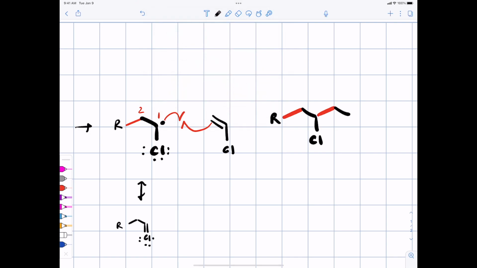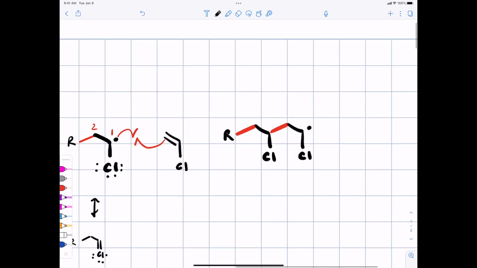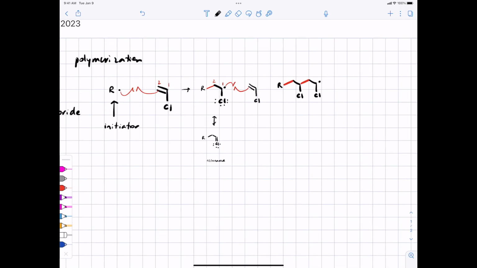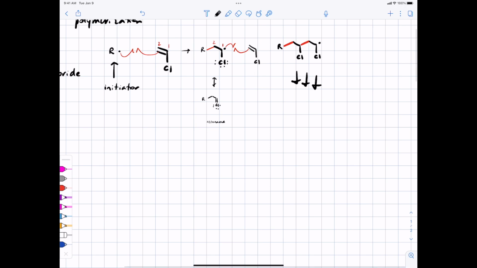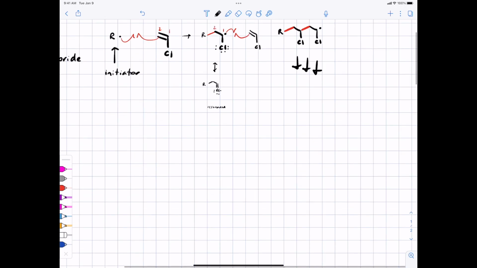In red, I'm including the new bonds that we've made. Here's our new radical. So you can see the pattern that's emerging with each of these, and these are all propagation steps, right? You start with one radical, you end up with another one, you add another monomer, and so on. And so after many, many, many steps, what you've got are these 2 carbon units, each of which